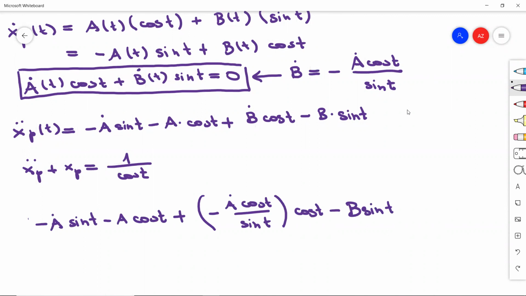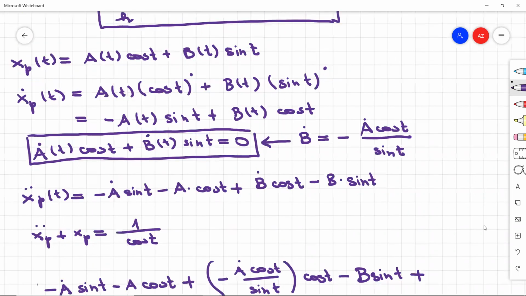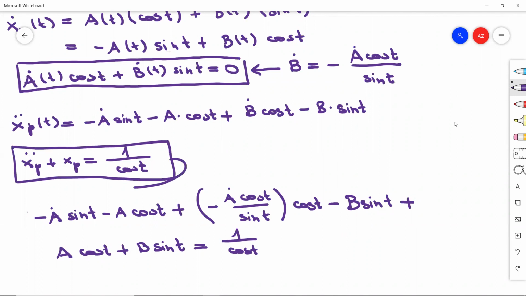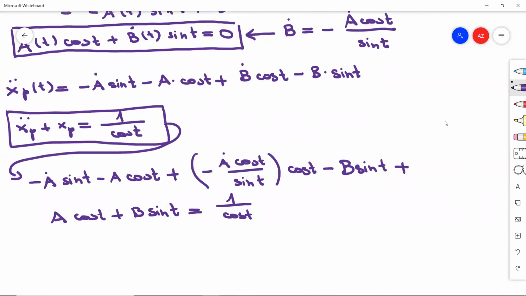And then plus xp, which is a cosine t plus b sine t. And it should be equal to the right-hand side, which is 1 over cosine t. So I'm plugging our expressions into this dE. And if we look at this, we notice that b sine t